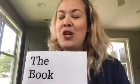So thank you guys so much for reading with me. Remember, in the beginning we talked about how a blank page doesn't have to be a blank page. You can turn it into anything. So if you have a blank piece of paper at home, you can turn it into a silly book like this. You can write a bunch of words on it and make your mommy and daddy read it, and you can make them say some really silly words, or you can make them say silly voices,